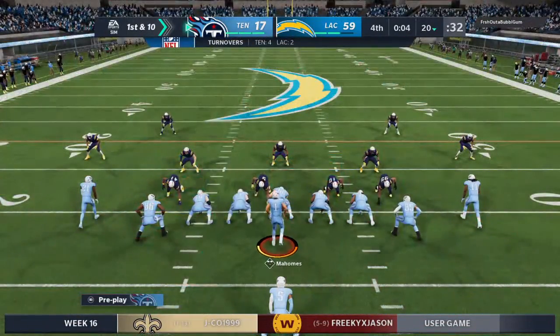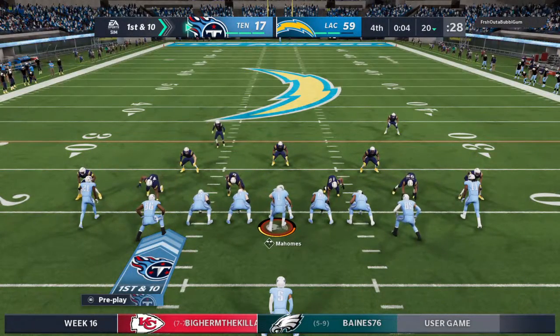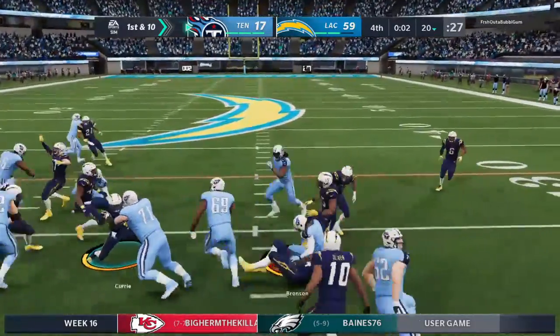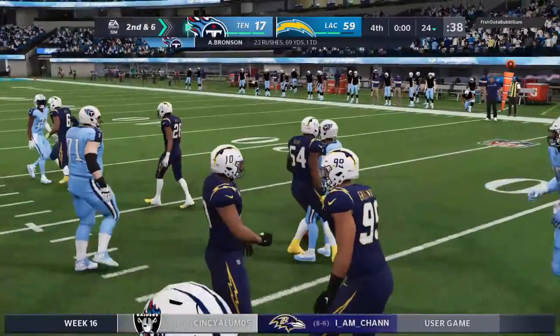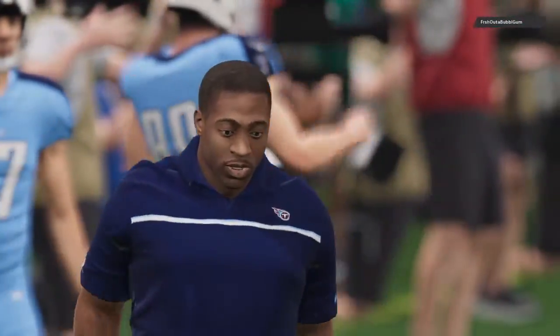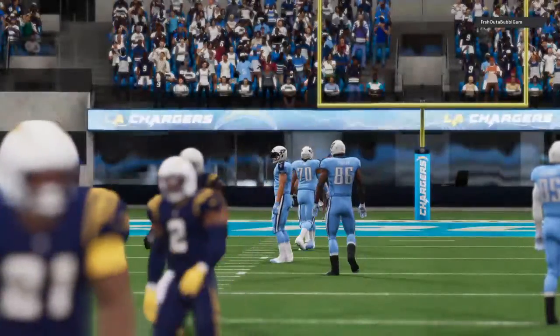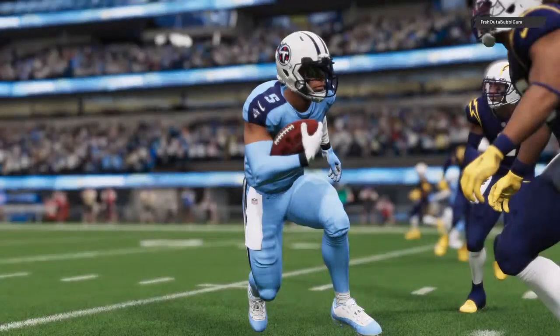The Titans offense set to begin the drive. This is just an exercise in futility. Do you even bother running a play here offensively? I wouldn't, because now is not going to erase what's happened during the game. So after it's over, you're going to go to the film, find out where the game was really lost. But this is not a situation now where you're going to make up for anything. We'll see what they do here. A big offensive explosion helping lead them to victory. And the defensive guys, they're just saying, hey, put those points up every